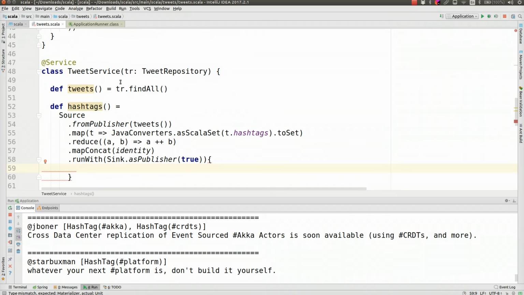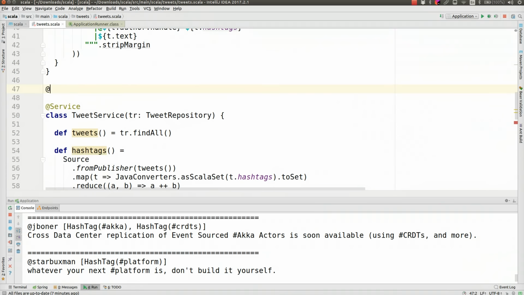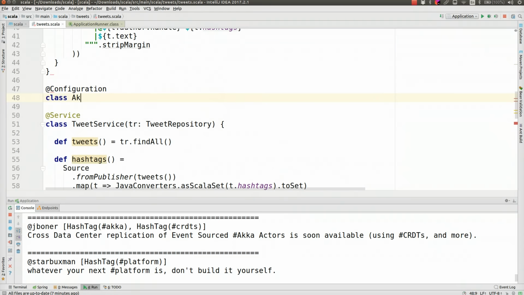One materializer that's very convenient is called an actor materializer. It's just a materializer that delegates to Akka, which is an actor system that runs. In this case, it's a local actor. So we're going to create some Akka bits. We're going to create the Akka actor system and the actor materializer based on that, right? So